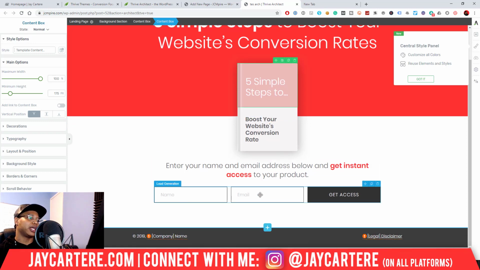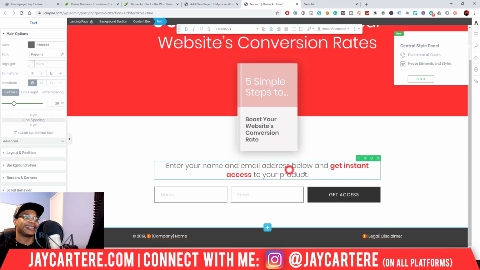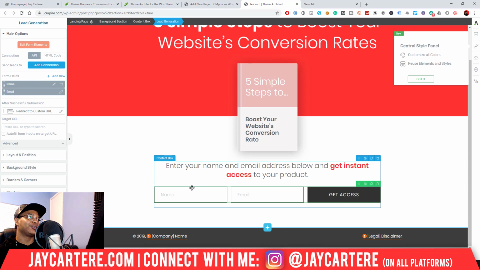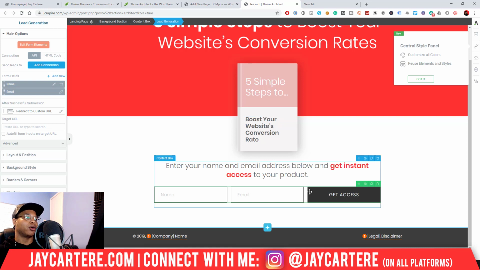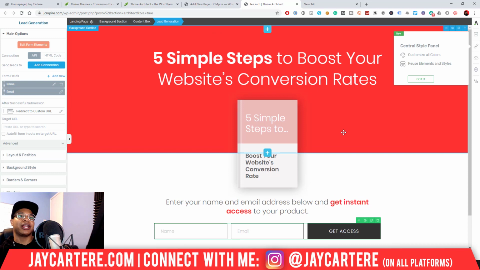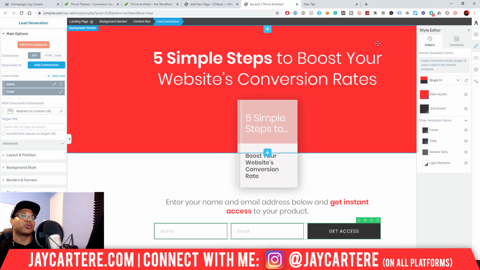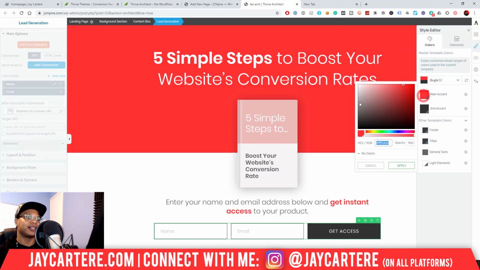Then we have: enter your name and address and get instant access to your product. We can edit this copy, or we can just leave it how it is. And then we can connect this lead generation form to whatever software we use, whether that's ConvertKit or MailChimp or what have you. So that's how that works. We've already got a page up and running because all we needed to do was use the templates. And with these smart templates, you can actually change